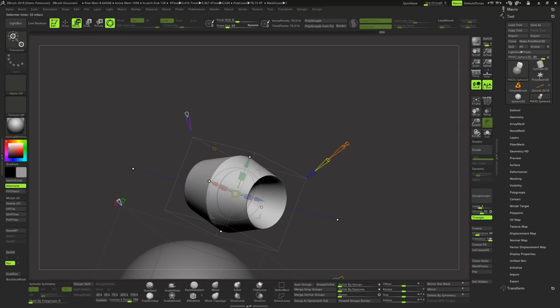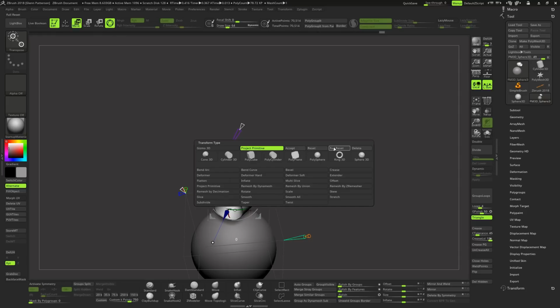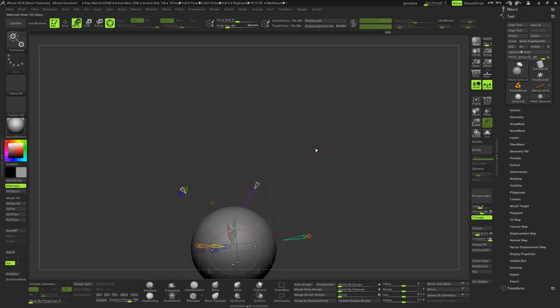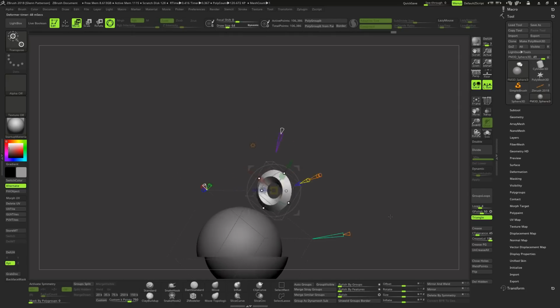Let me show you. So we've gone too far. If you're ever like, okay, I don't like what I have out here, what do I do? You can just come over here and do a reset. And it'll reset what you have. It'll reset the orientation and everything. It'll still keep all your other settings, like the primitive type, and if it had symmetry on, it'll keep